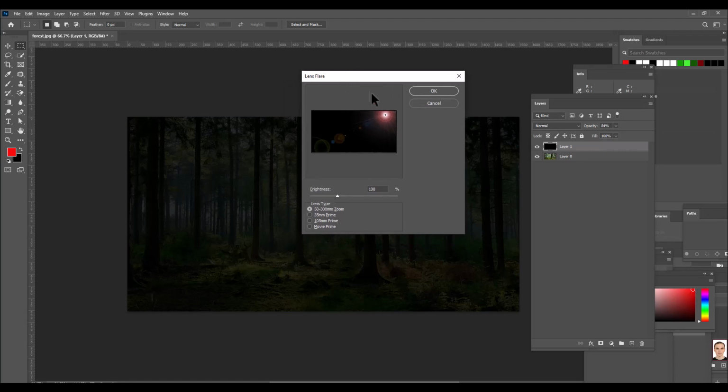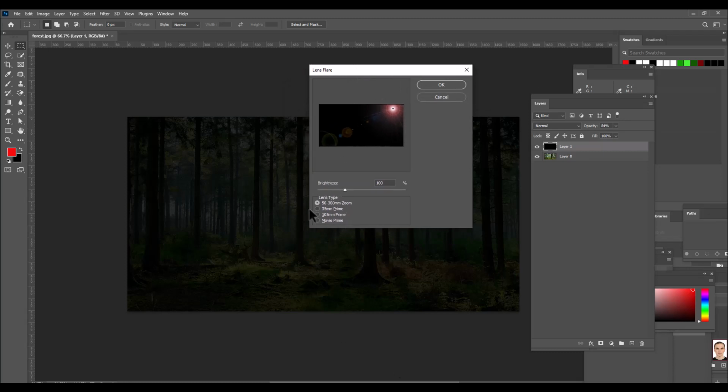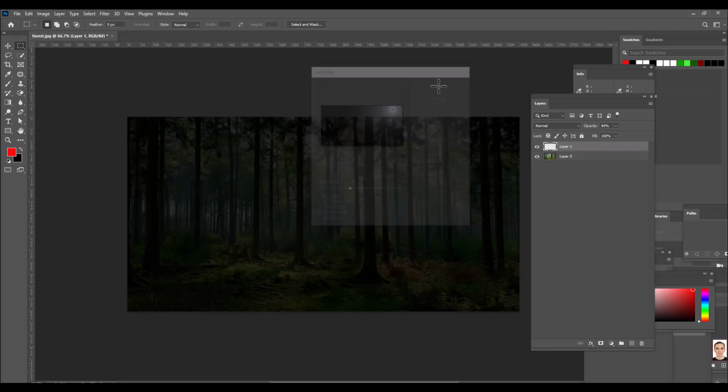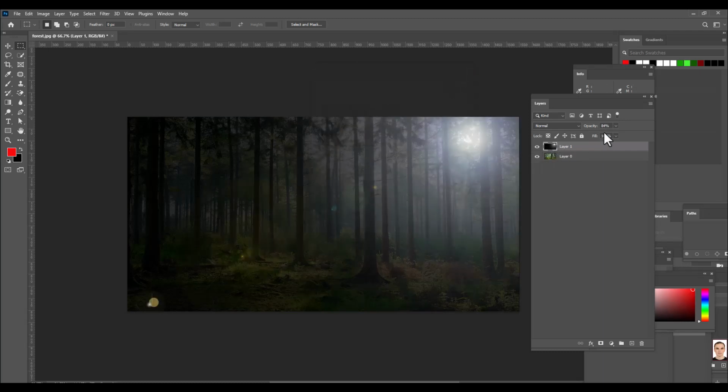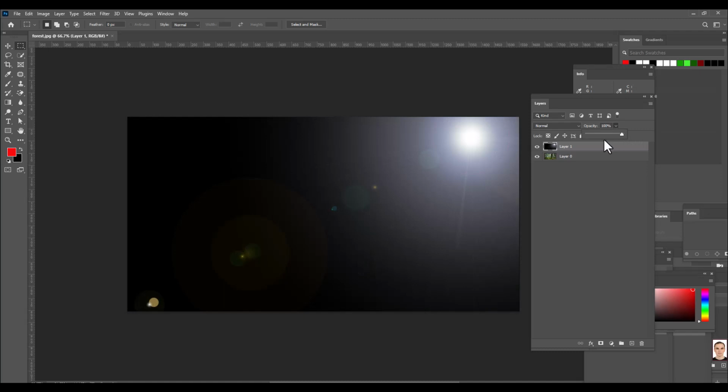And now here we have some values. We want the lens type to be 105 mm Prime, right? So here we can see, and we can slightly increase the brightness if we want. So just slightly we can increase. Let's not increase it to a very big value. We can see here, but what we need to do is increase the opacity here, and